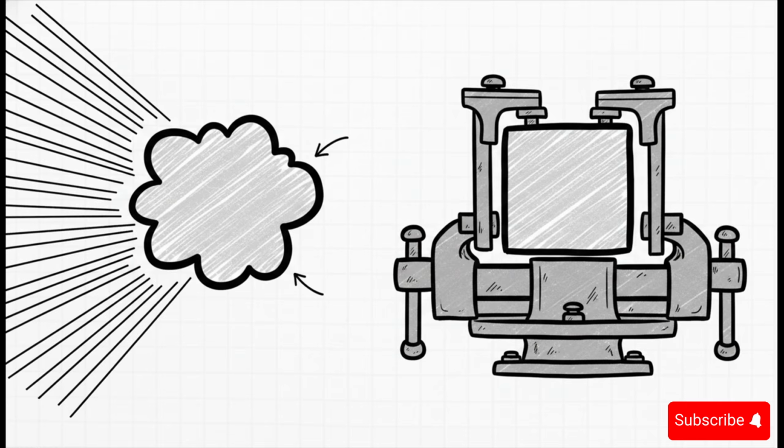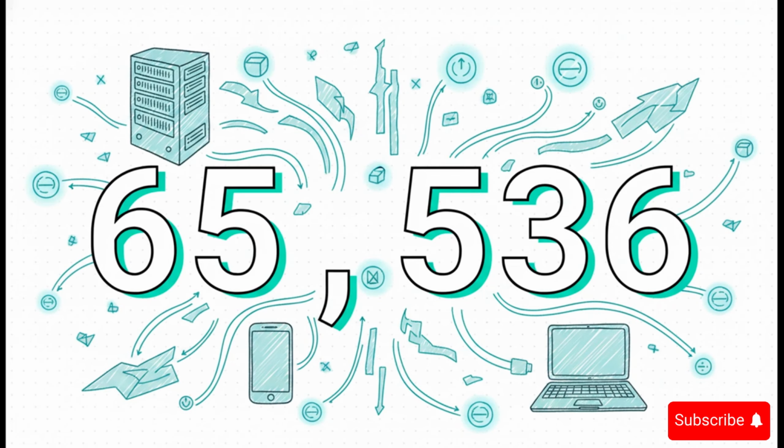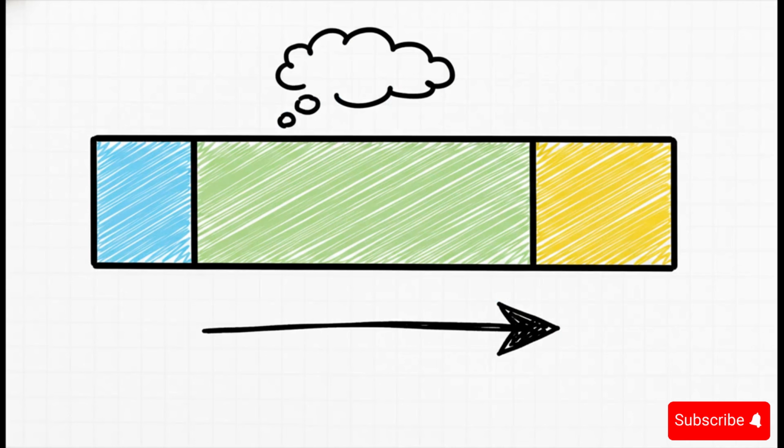But port numbers? No matter what IP system you're using, port numbers are strictly always 16-bit. That does not change. And because of this strict 16-bit limit, we can calculate the exact number of ports that exist. 2 to the power of 16 gives us exactly 65,536 possible network ports on any given device. Whether we're talking about a massive Google server farm or just the smartphone in your pocket, that is the hard limit. Since computers logically start counting at 0 instead of 1, every single device has a fixed exact range of ports from 0 to